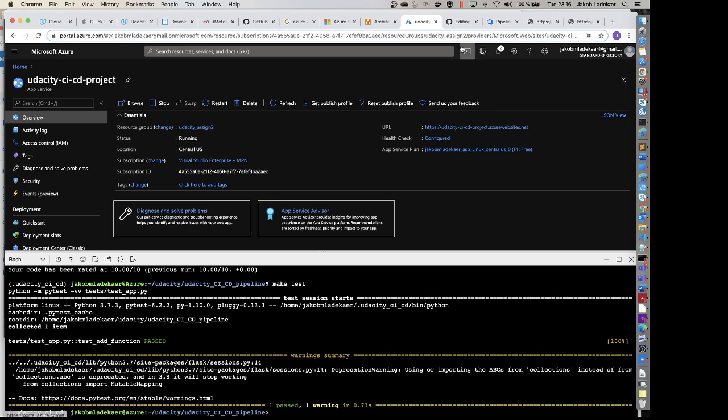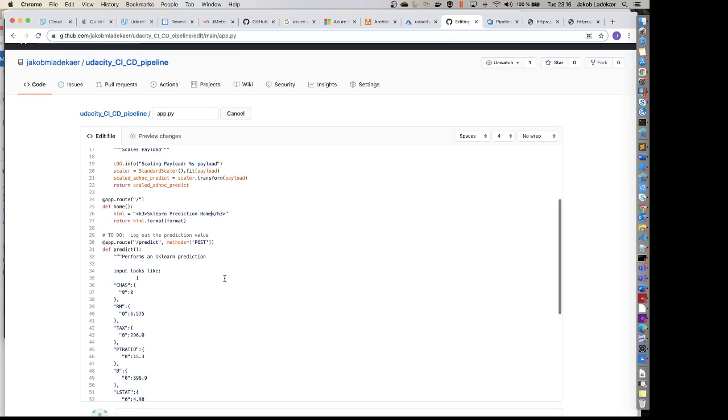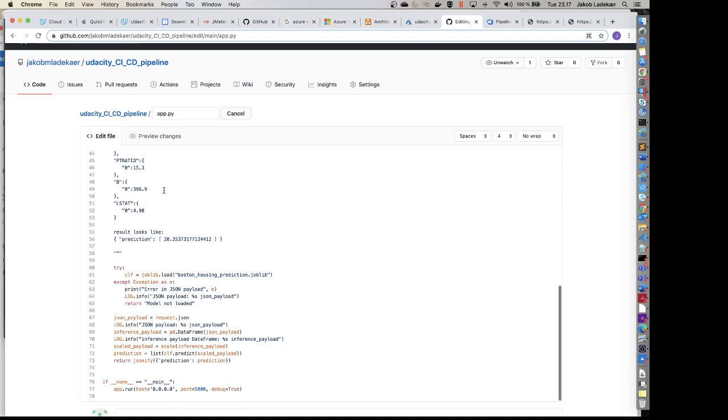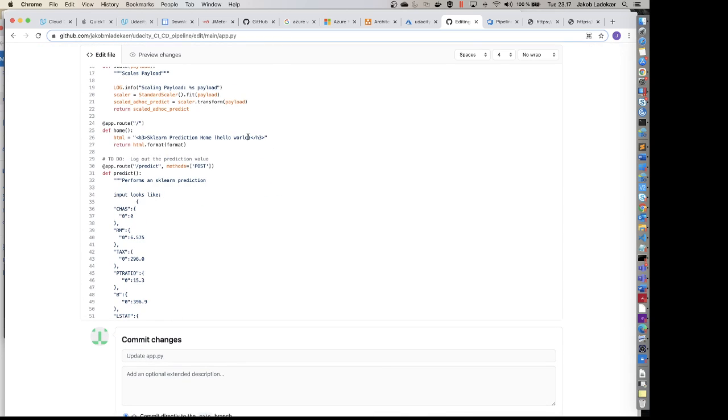So this shows how we can work in a continuous integration fashion from a manual standpoint here in Azure Cloud Shell. Taking a look at the GitHub repository, we will do a brief change to our app.py file here. So our prediction endpoint has a front page that now prints sklearn prediction home, and we will make a small change here, typing hello world, to see the front page in our application change and adopt this hello world statement here. So if we come here and we do a commit to this branch,